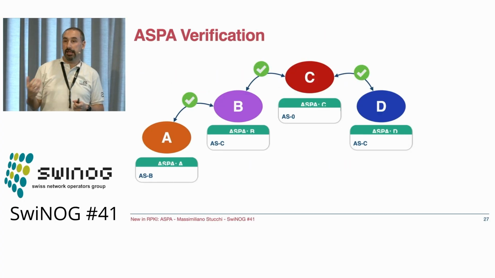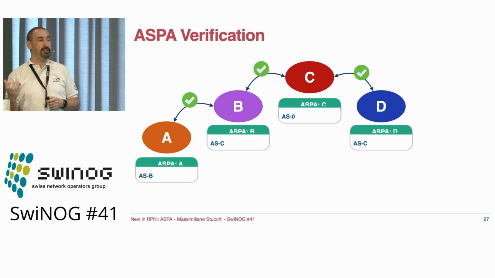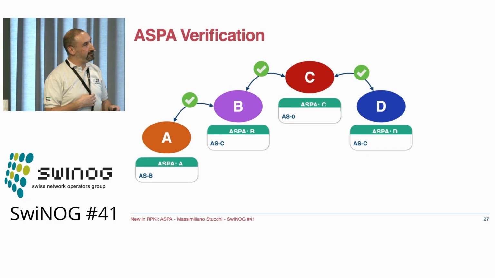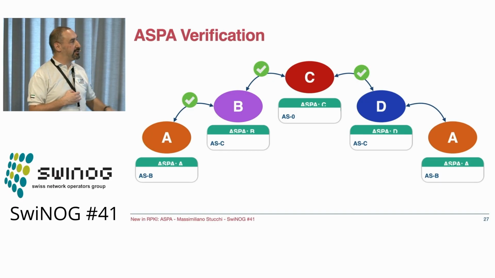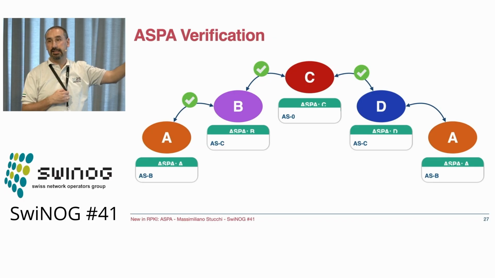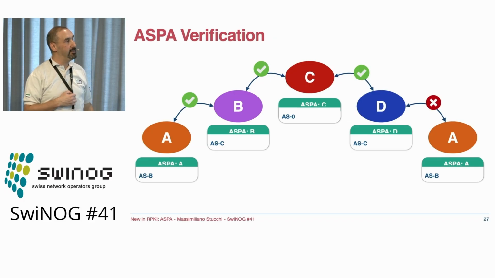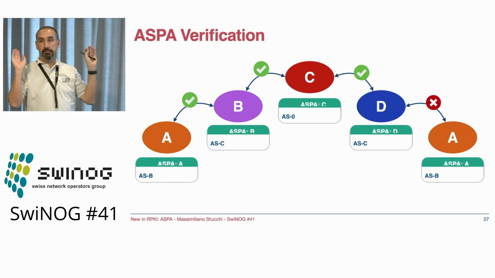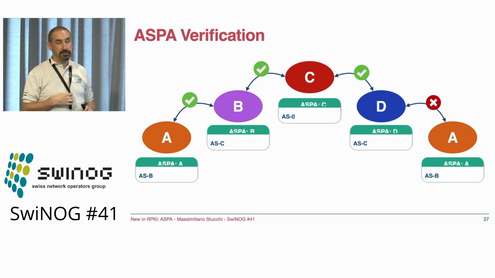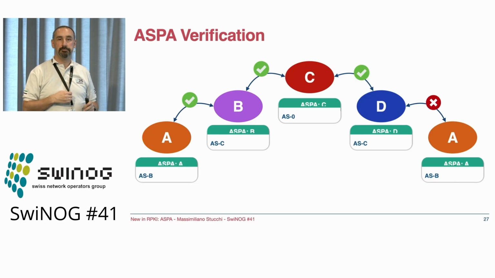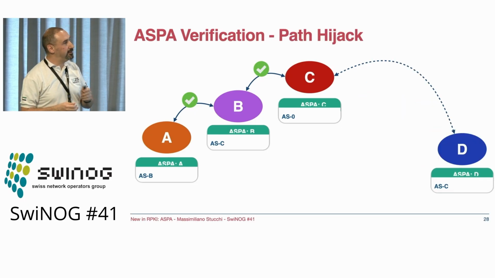So how can ASPA help in verifying the data? Imagine we have a situation like this, and another A appears on the other side, somebody claiming to be A from my left side, but their ASPA for A doesn't declare D as an upstream, so I can immediately spot it. And I can say, okay, I'm not receiving this BGP announcement because A is not supposed to be using D as an upstream. So I can easily clear it out.